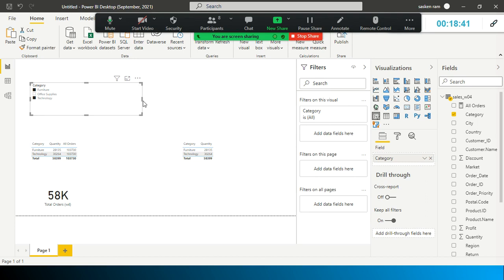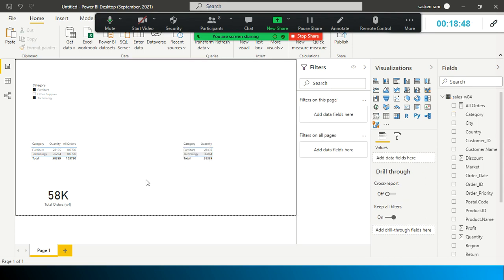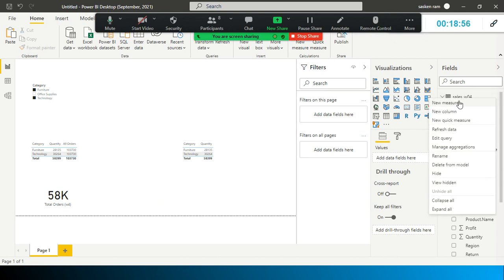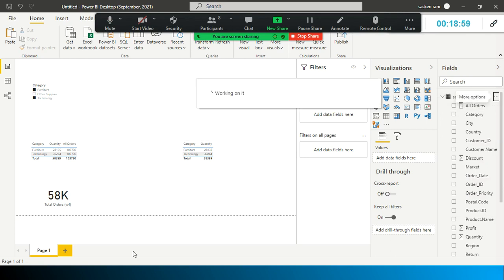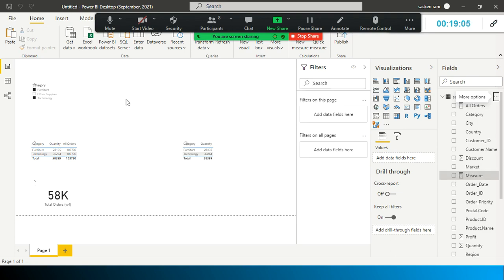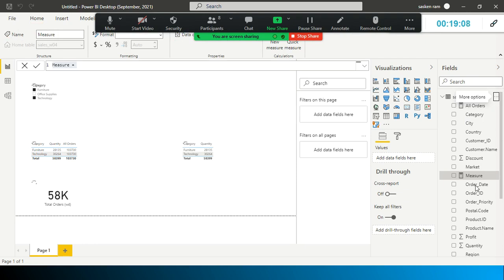What is the next step? The next step is we need to find out the percentage, the row-wise percentage. I'm going to create another measure and call it Order Percentage All.